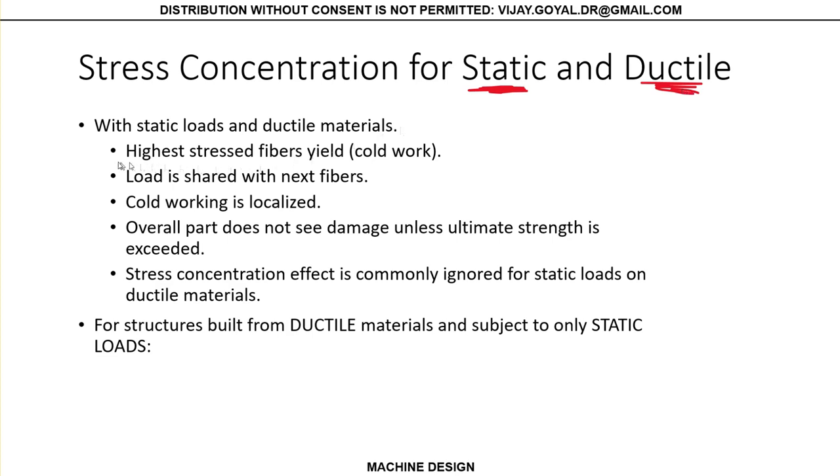Okay, first of all, the highest stress fibers yield. Load is shared with the next fibers. Cold working is localized. The overall part does not see any damage unless ultimate strength is exceeded. So this is basically the case I was telling you. If I had an infinite plate, a long plate with applied load P, what's happening with localized effects, they are not big. You don't have those localized effects